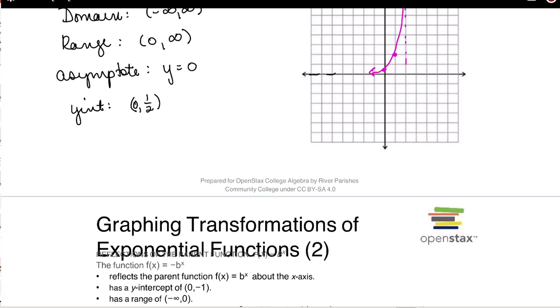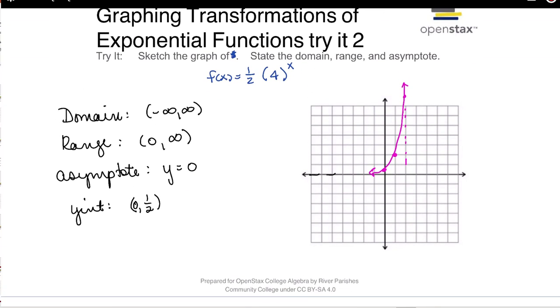But what I do want to talk about real quick is let you know that they are going to give you some graphs on Newton where they will ask you to write the equation of the graph, and this is just like we did in section 6.1. So start with the y-intercept, and that would be your a, and then pick another point to go in for x, and then your function, your y, and use that to solve for b, and then you can write your equation. Okay, so